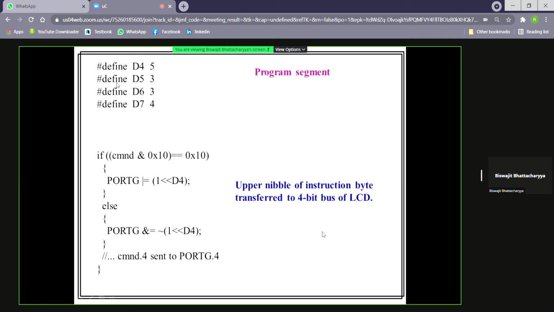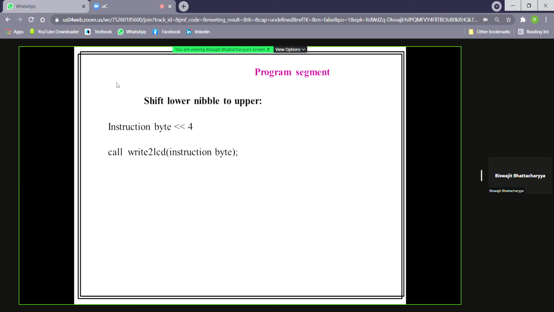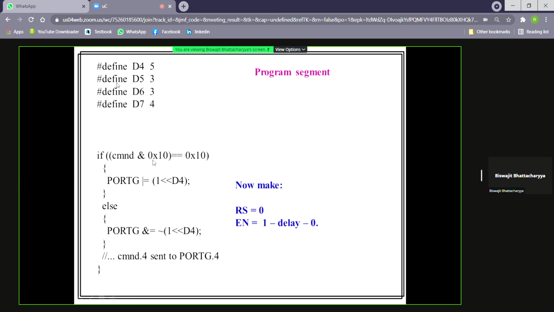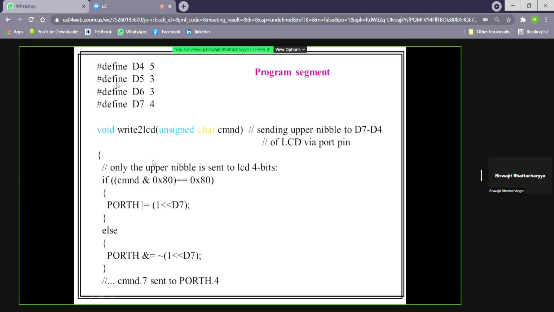Now how to send the lower nibble? Simple. The instruction byte is shifted left by 4 bits, so it goes to D4, D5, D6, D7. Then we call the same function, write to LCD.